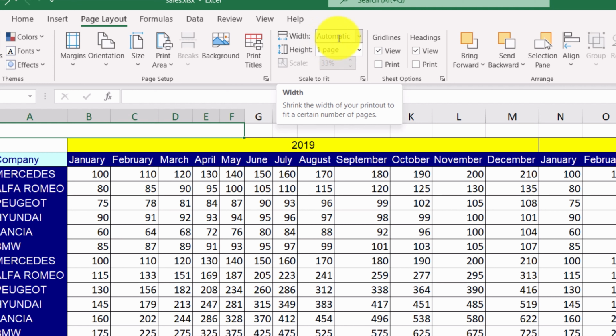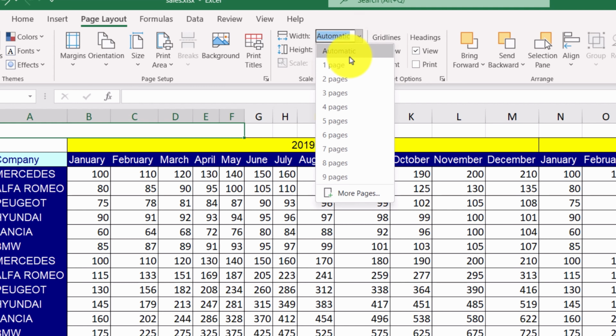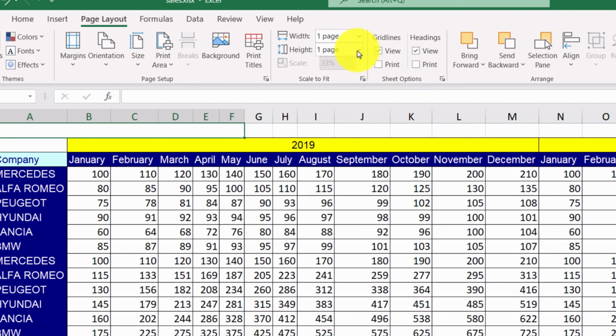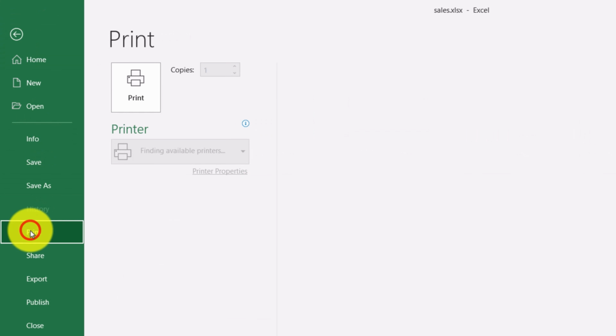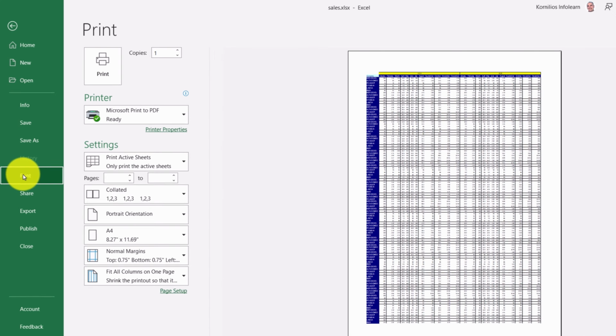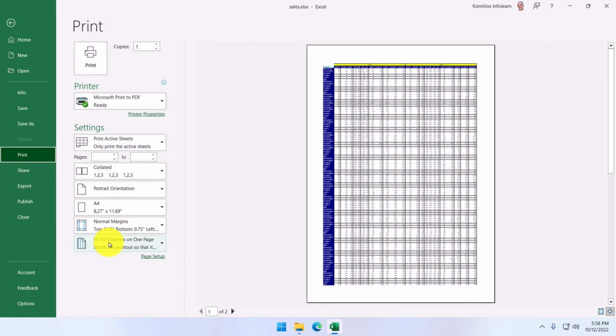Because we chose all the rows to fit on one page, the height of our sheet is one page and its width is automatically calculated. Let's reverse these choices. Adjust the width to one page and the height to automatic. If we go back to the print preview, we will see that now the option to fit all columns on one page is selected, which means that our sheet has now a width of one page and the height is calculated automatically. This is why we have two pages now